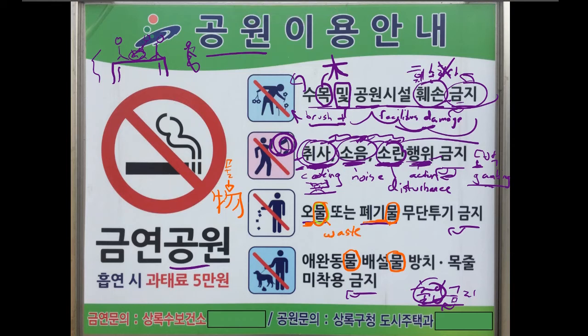And they're slightly different. It's a little bit hard, especially for a beginner, to really know the difference between these two. But omur is usually like some sort of disgusting waste that you'd want to throw out, like maybe some food waste or something gross that you want to throw out. But pegimur, it also translates to waste. Actually, omur would more generally translate maybe to garbage or rubbish or something like that.